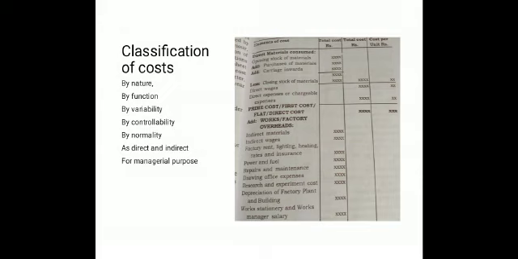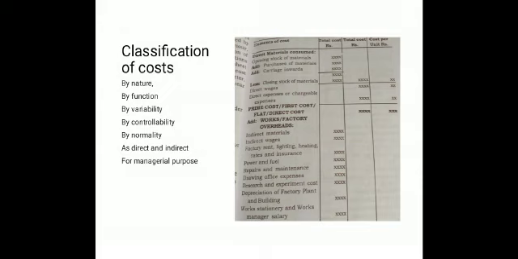Fixed costs are those which remain fixed in total amount with increases or decreases in the volume of output for a given period of time. Fixed cost per unit decreases as production increases and increases as production declines. Example: rent and insurance of the factory building, factory manager's salary. These fixed costs are constant in total amount but fluctuate per unit as production changes.